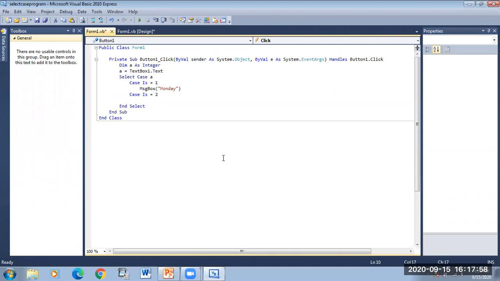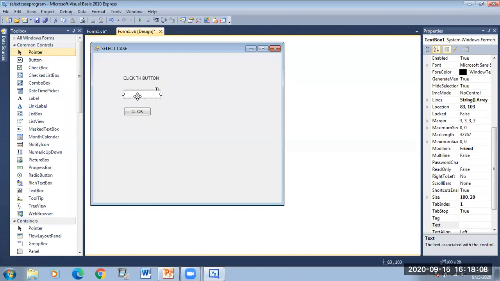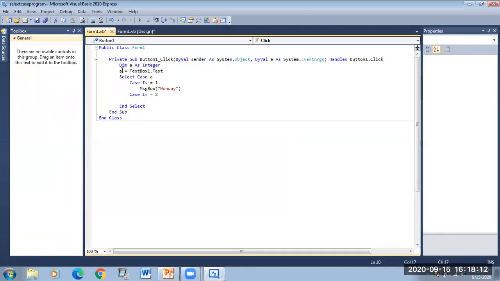Okay, thank you, Anjana. So here we are using our syntax, select case a. When the user enters a number in this text box, that number will be taken by this variable, and select case a will choose from these cases.